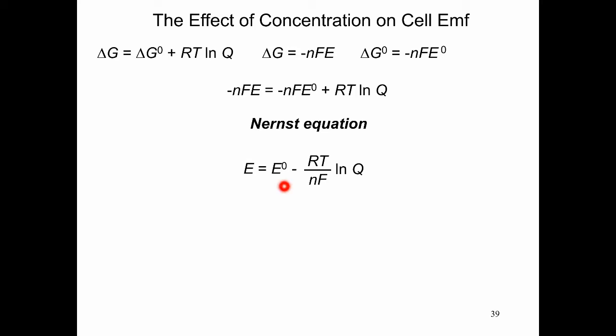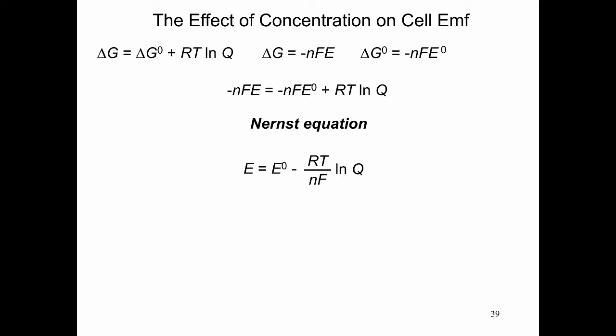So here you have the standard E cell potential from the table again. R is the gas constant, that is in joules per mole Kelvin. T is the temperature. You have N as the number of moles of electrons. Take note, N here for electrochemistry is always the moles of electrons. And F is the Faraday's constant. Now, we have a new variable here, Q.